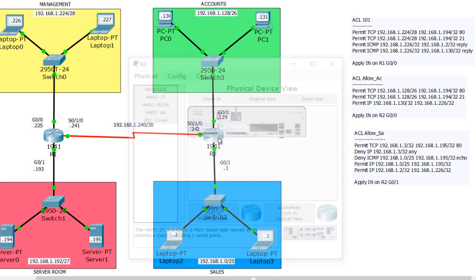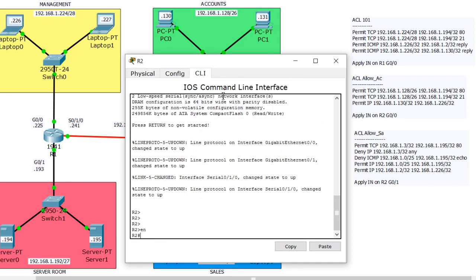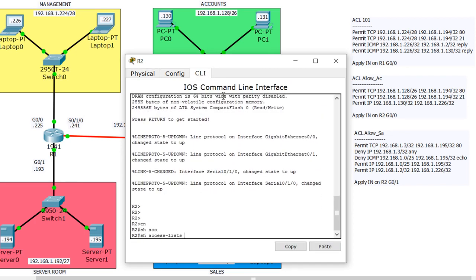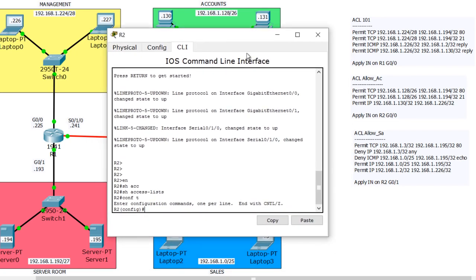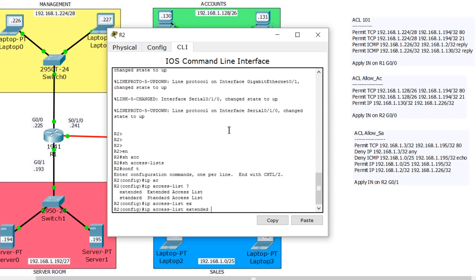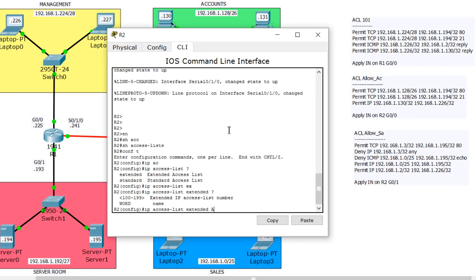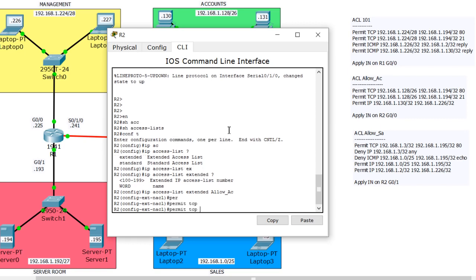We have to do the same thing for accounts. So I'm going to go here, enter, show access list. There's no access list. Configure terminal, and I'm going to do the modern way here. So IP access list, and then I'm going to give an extended keyword, and then I'm going to give a name which is allow AC, right? I go into a subcommand, and then I say permit TCP